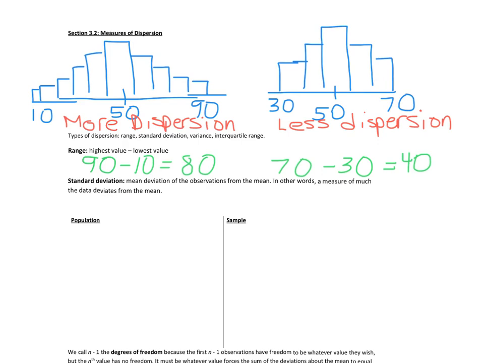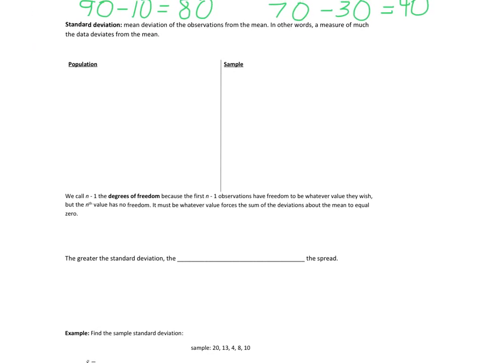Okay, so let's look at some formulas. Again, for a population, remember we use Greek letters. So Greek S looks like this, a fancy O, and it's called sigma. So population standard deviation is sigma. And for a sample, remember we use our Roman letters, so just the letter s. So s stands for sample standard deviation. All right, and now let's look at our formulas. So for a population,